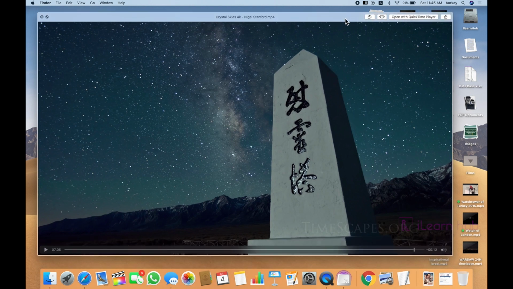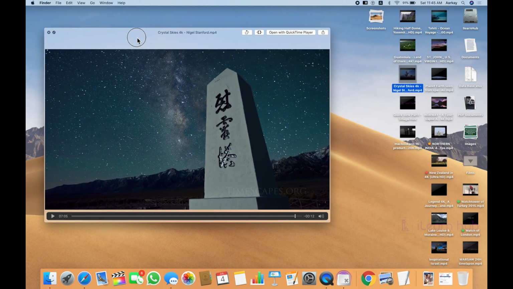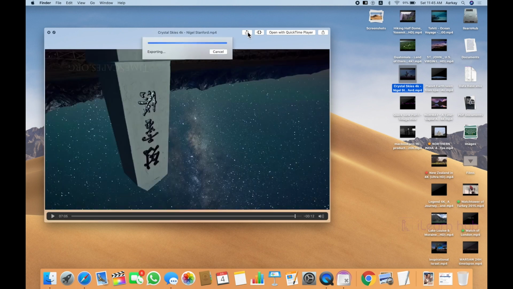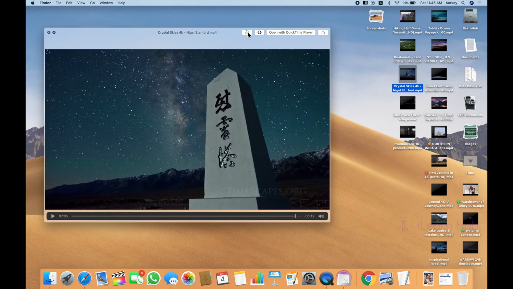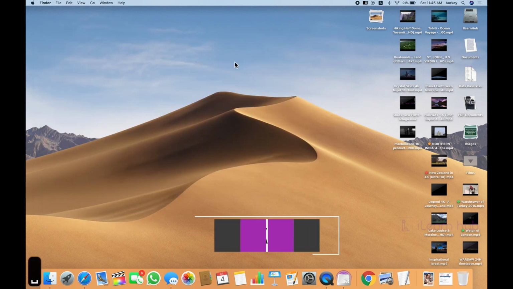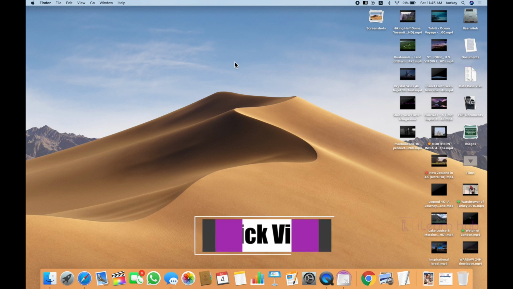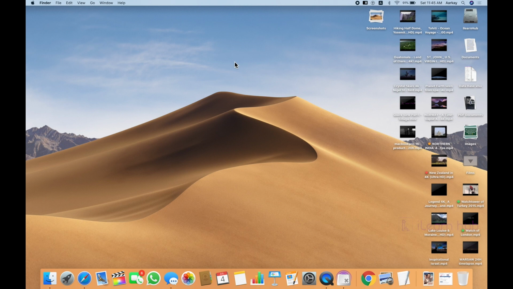And then if you want to rotate, normally to rotate a video file you need some kind of editing application, whereas here you can simply rotate, and maybe it needs to make some changes in the background. And if you want to completely tilt it 90 degrees, these kinds of things you can do very simply using the Quick View facility. So this Quick View is actually a built-in facility to see any Mac compatible document without opening a particular application. So we'll see the next feature now.